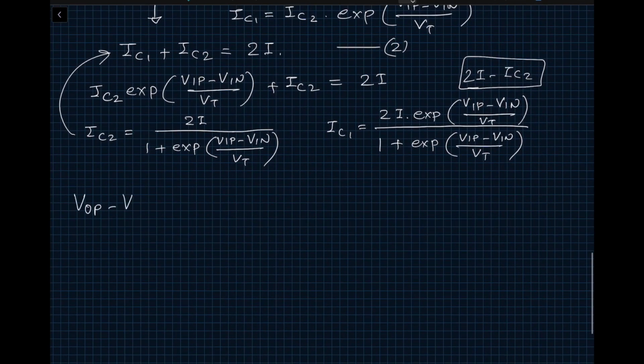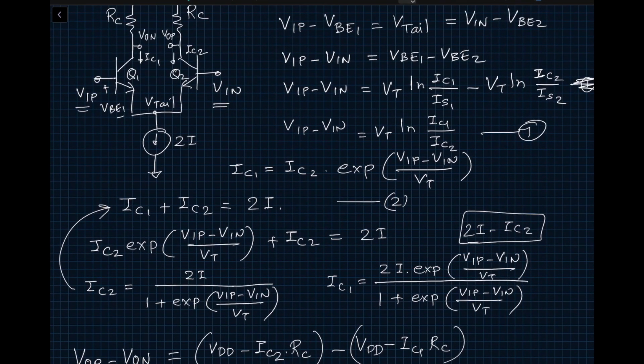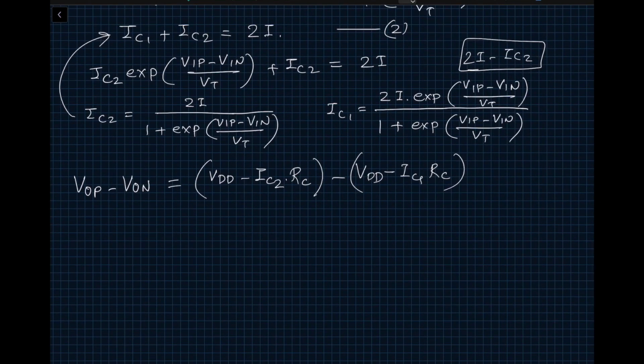VOP minus VON would be equal to VDD minus IC2 times RC, minus VDD minus IC1 times RC. Let's make sure I have chosen the correct value. So VOP, yes, VOP should have IC2 and VON should have IC1. All right, so then this equation becomes, VDD goes away, and then we get